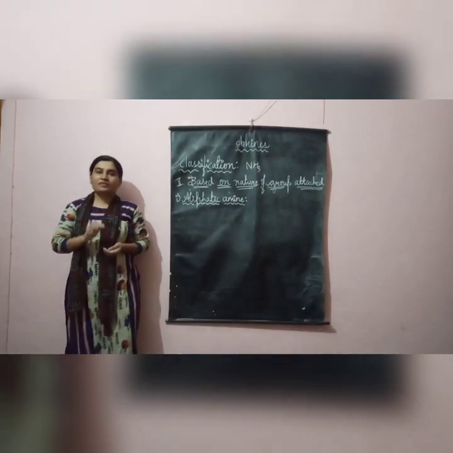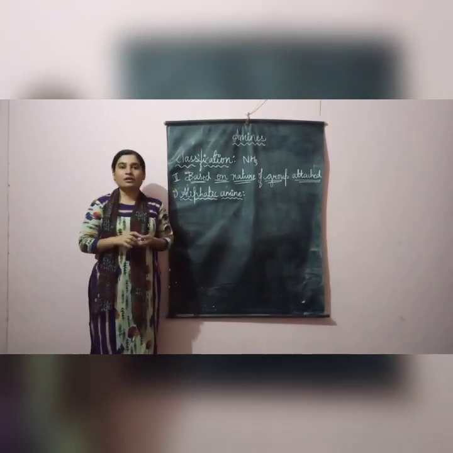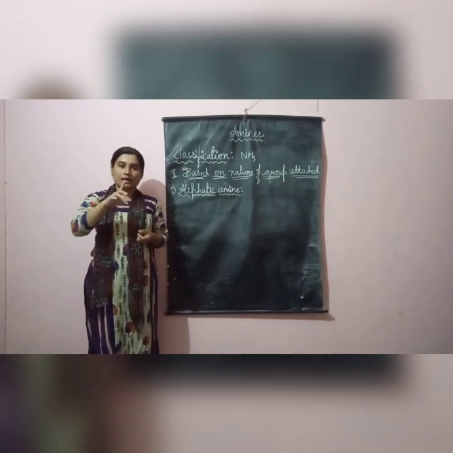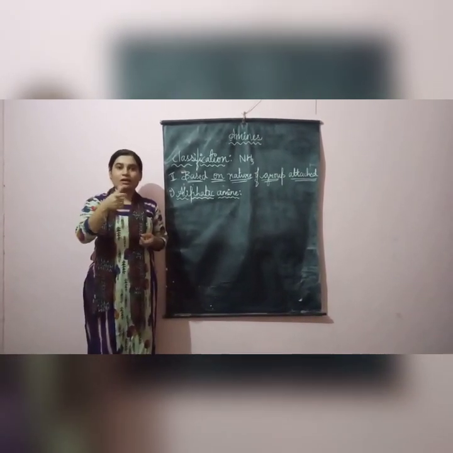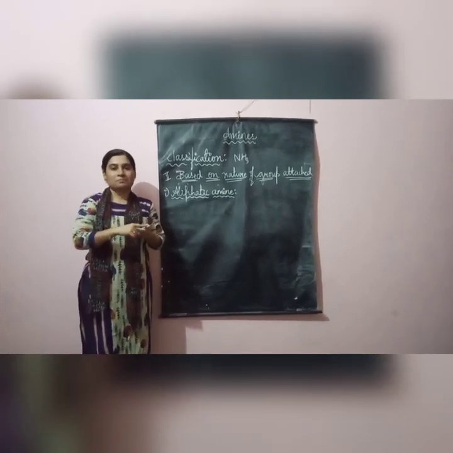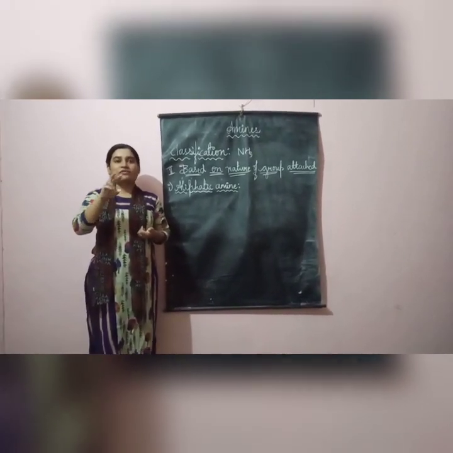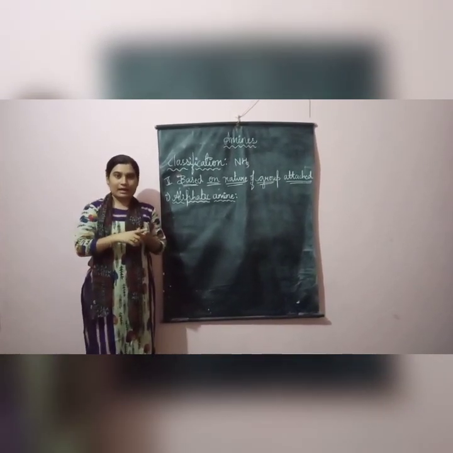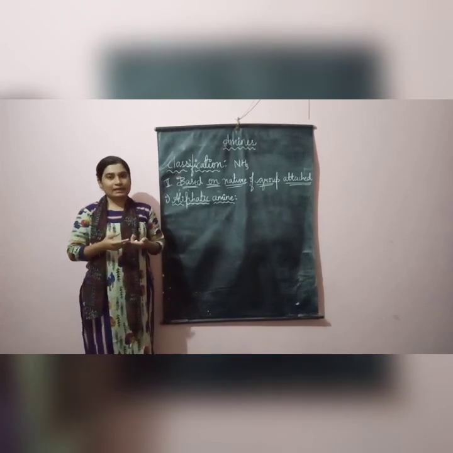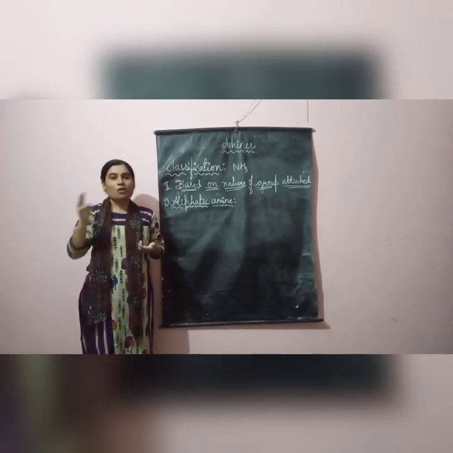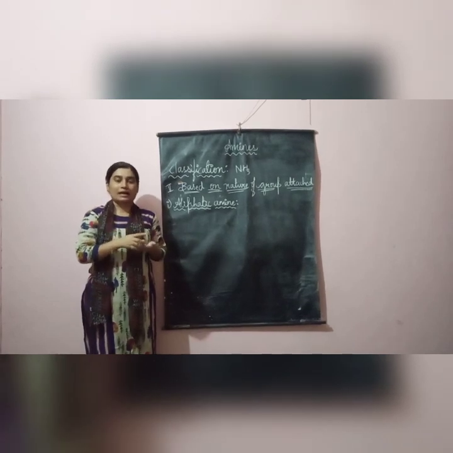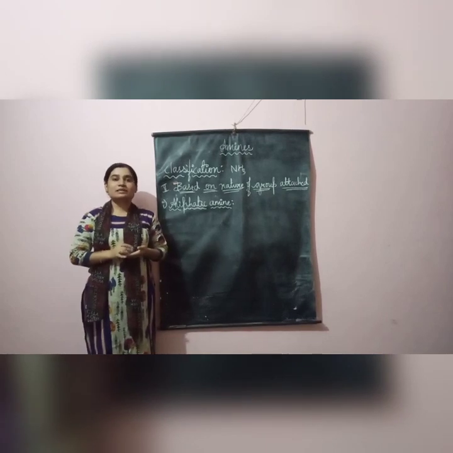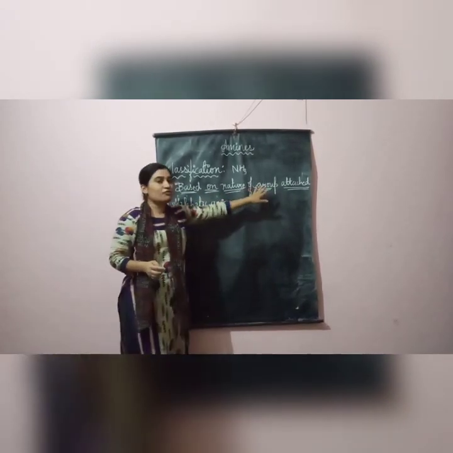So we have completed the first type of classification, which was depending on the number of hydrogen atoms replaced. If I take NH3 and one hydrogen is replaced by either an alkyl or aryl group, I will call it what? Primary amine. If from ammonia I remove two hydrogens and replace them by alkyl or aryl groups, I will call it what? Secondary amine. If from ammonia I remove all the three hydrogens and replace them by alkyl or aryl groups, I will call it what? Tertiary amine. So let us move to the next classification based on nature of group attached.